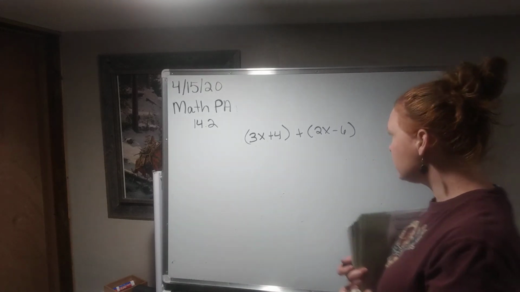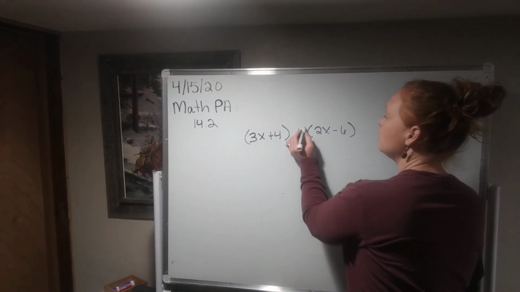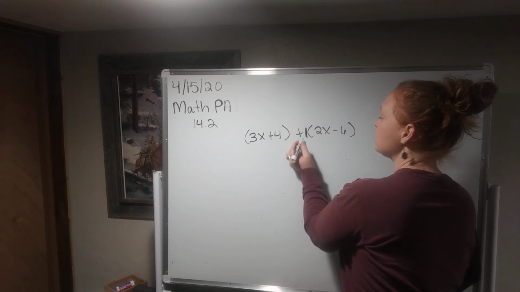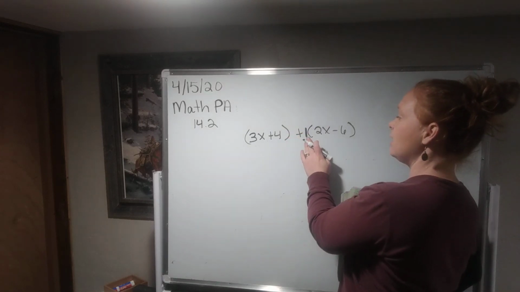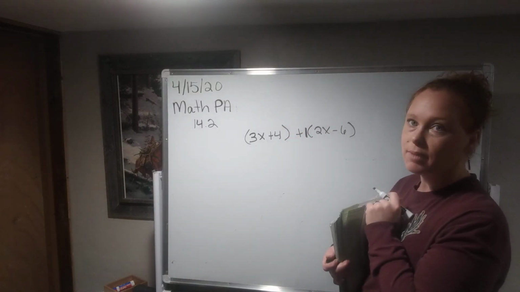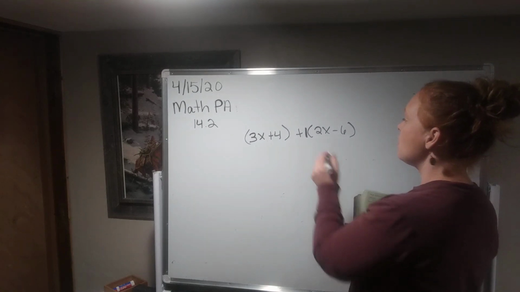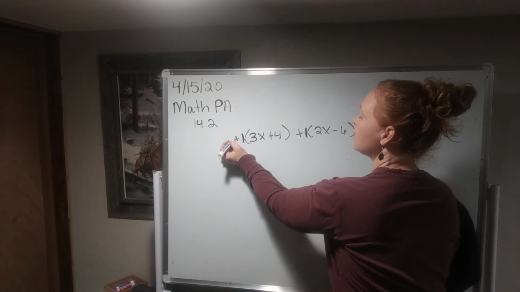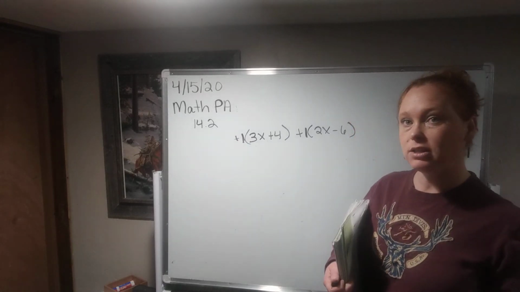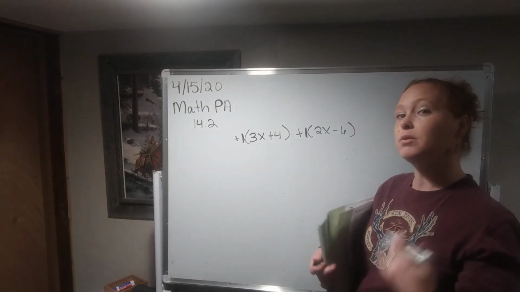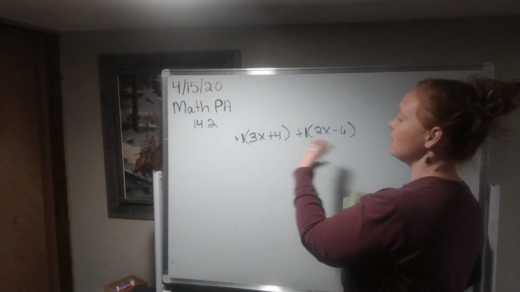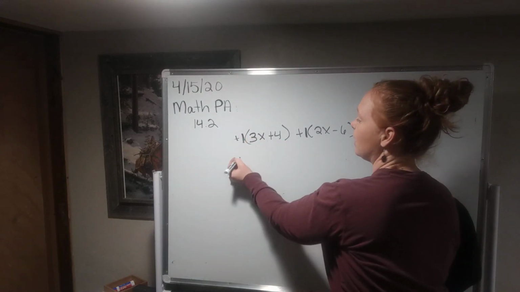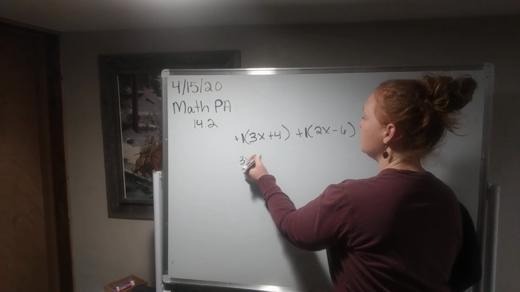So the way that I want to view this problem is I want to view it as I put a 1 outside, and I have a positive 1 times 2x minus 6, okay? So what I can do is I can put a 1, a positive 1, outside of my parentheses since there's nothing I can do, and I can distribute. Do you remember distribution? So I can get these outside. So what happens? Well, I just get 3x plus 4